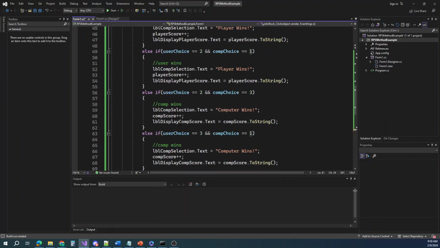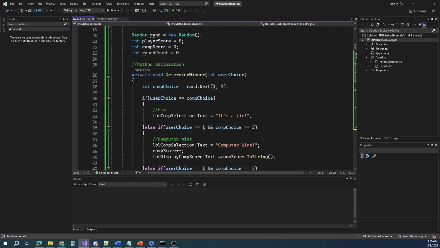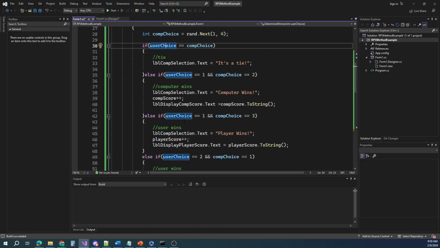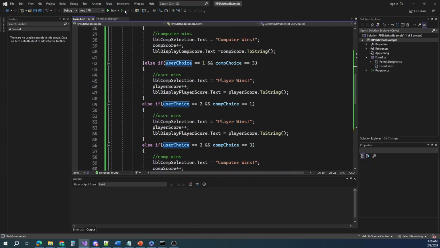So every time I click the button, my user choice value is going to be 1. If user choice, which is 1, equals the computer choice, whatever it chooses, it's going to go through it. So now if I run this